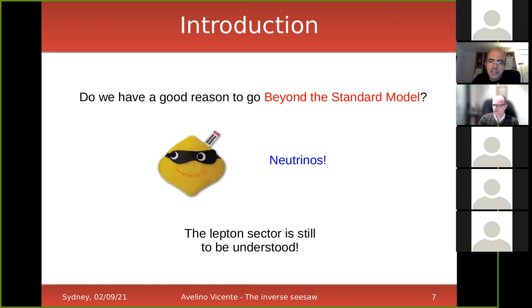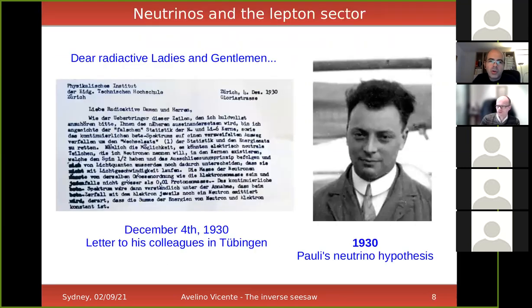So we know that there are things in the lepton sector that we don't understand, and they all have to do with neutrinos. So I guess you are familiar with this famous letter that Michel will be able to read much better than I will. This is a letter that Pauli sent to his colleagues when he couldn't attend a meeting that was held in Tübingen back in 1930. This meeting was about the main problems in particle physics and nuclear physics at the moment, and one of them was beta decay. They couldn't understand why the electron spectrum in beta decay was continuous and not just a single value, a particular value for the energy of the electron.